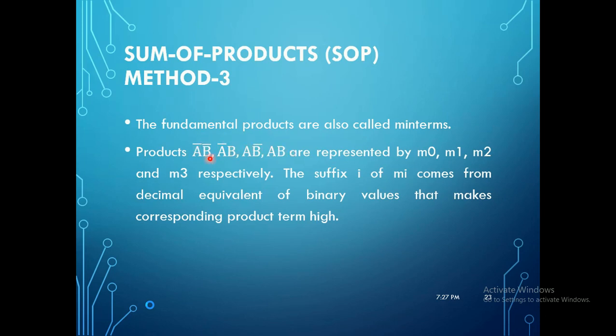Similarly, if you have a four input truth table, A, B, C, D, there may be M0 to M15 values. If you have a 3 input truth table, the min term values will be from M0 to M7. So it depends on your problem. Here we have considered only a 2 input AND gate, so it is only from M0 to M3.